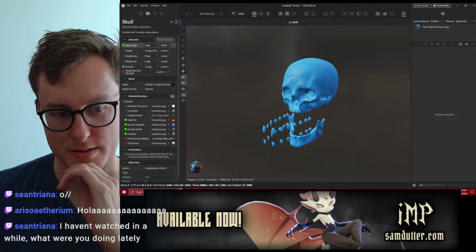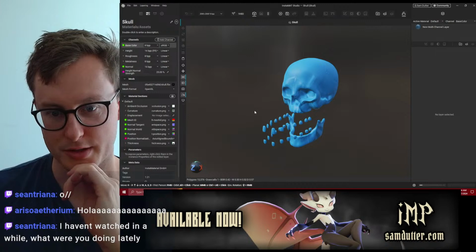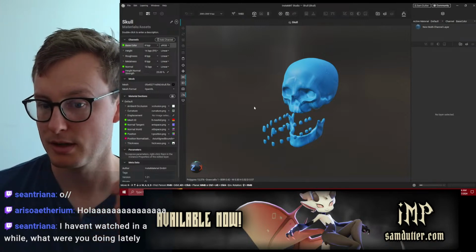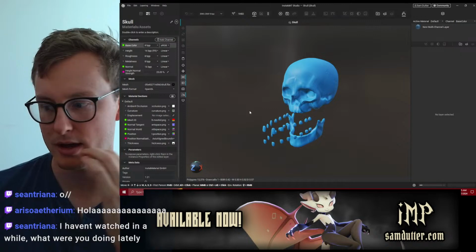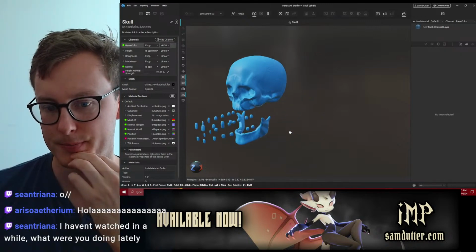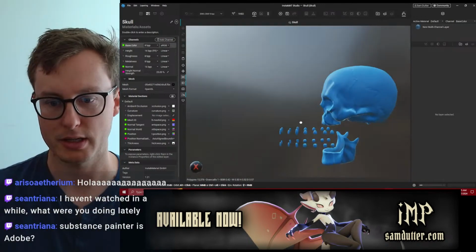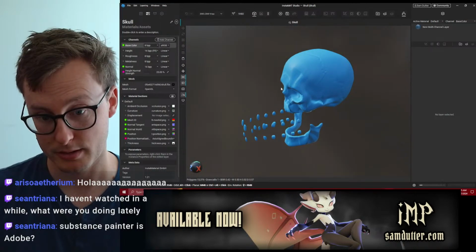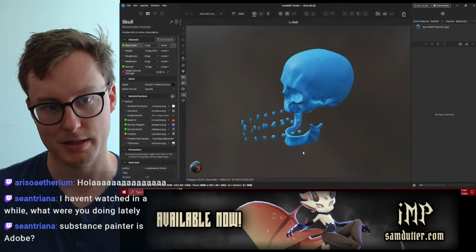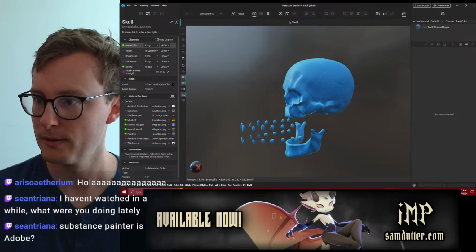the baking on InstaMat really sucks. It crashes all the time. But I can bake in Substance and then take those maps into here. So that's kind of my thought, that I'm going to actually just bake in Blender and then do the texturing in InstaMat because the texturing should be fine.